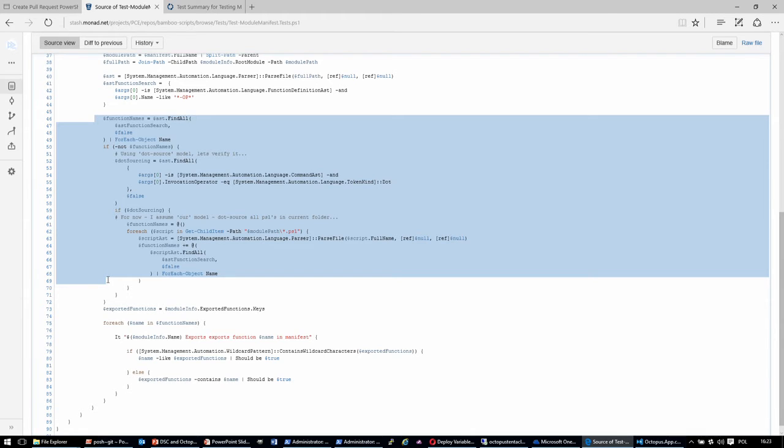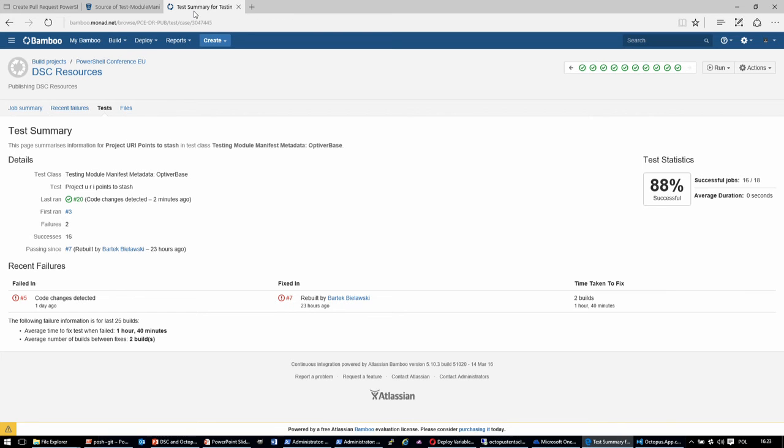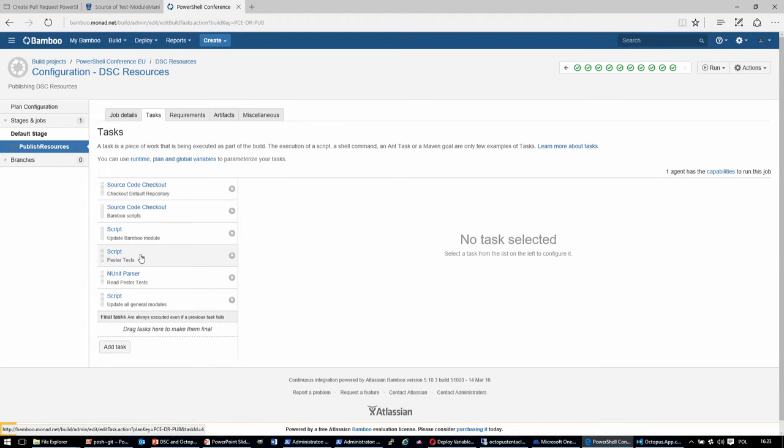So that's why we have the test to just open all those PS1s and verify that everything is there. So we use Pester to test it, and once we are fine with that, we will publish it to the gallery. And in the tests, in the plans, so this is how the